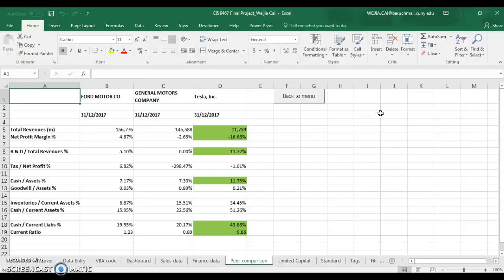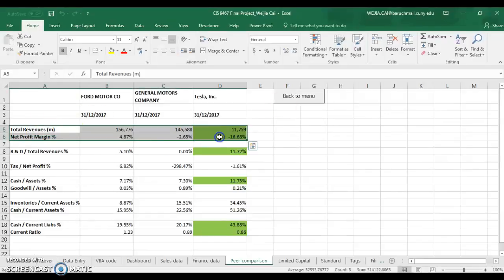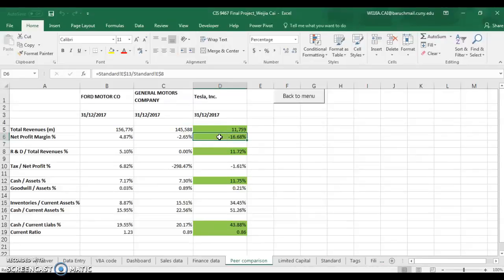As we know, Tesla, Ford, and GM are the three largest US automakers by market capitalization. Regarding profitability, Tesla performed poorly and had the lowest net profit margin last year, which is over negative 16%. The reason is that Tesla is a rapid growth technology company and concentrates on driverless cars, therefore burning a lot of cash, while Ford and GM are traditional automakers, who have been in business for over 100 years and focus